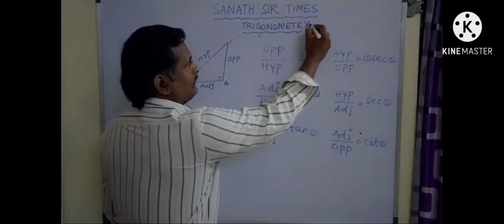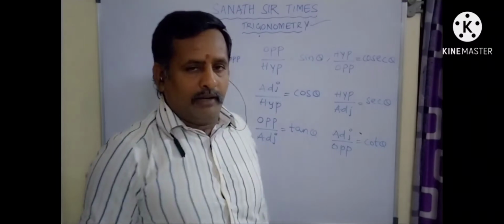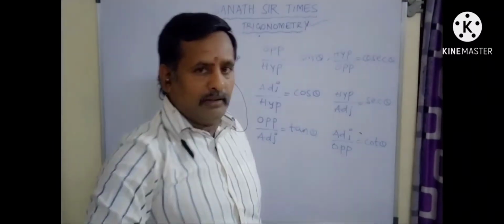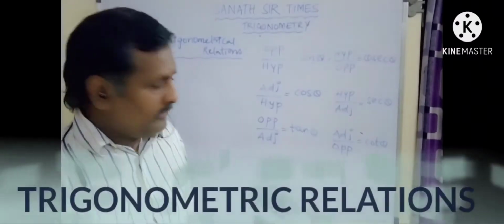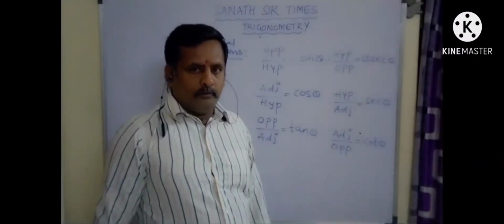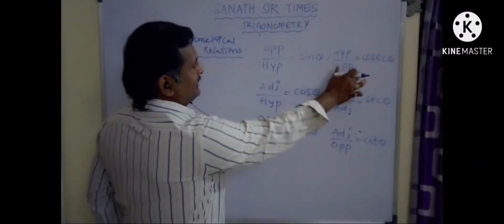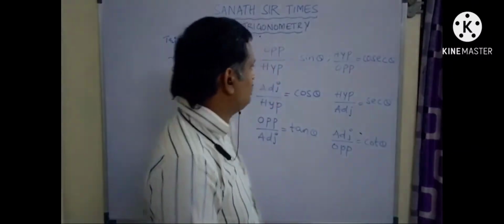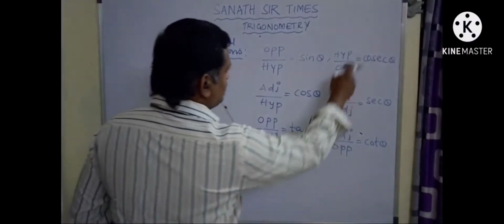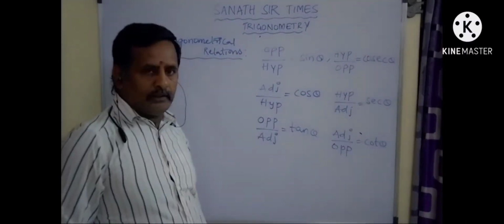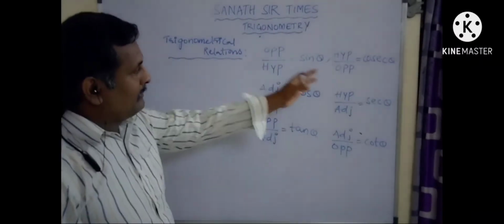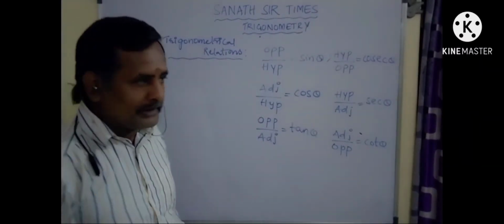What is the name of the film? Name of the film is trigonometry, right? So these are the six characters upon which the entire film runs. Okay. Now, as there are six characters in the film trigonometry, as in any film, there will definitely be a relation between character and character. Similarly, in the trigonometry picture also, there will be a relation between character and character.